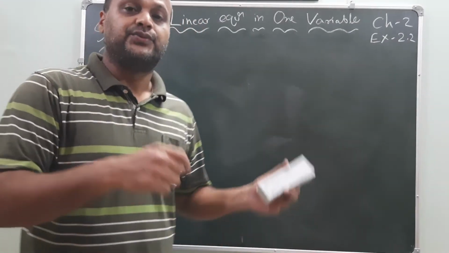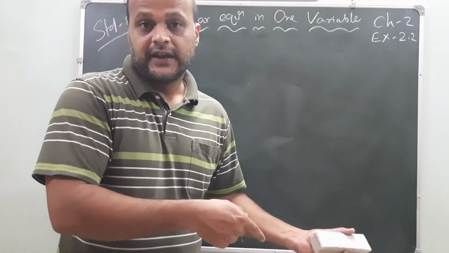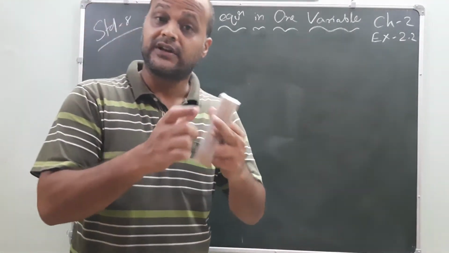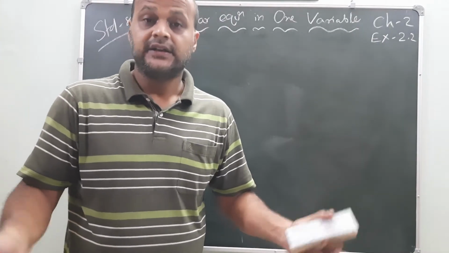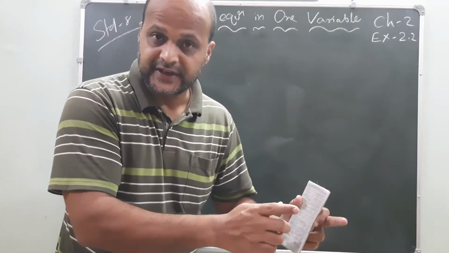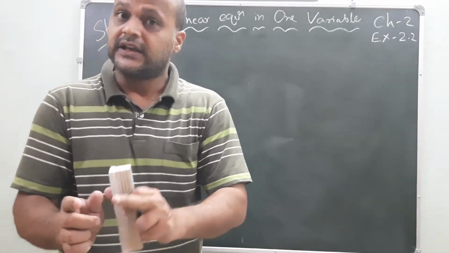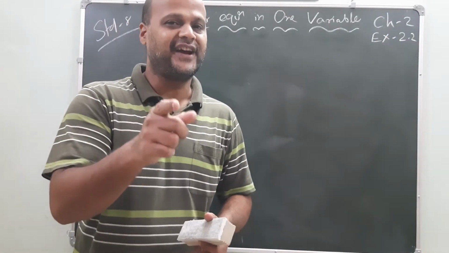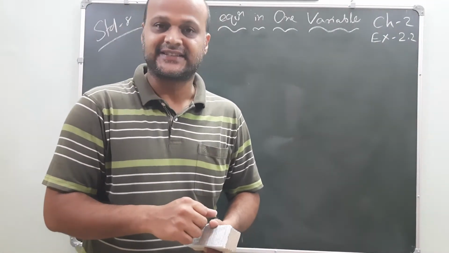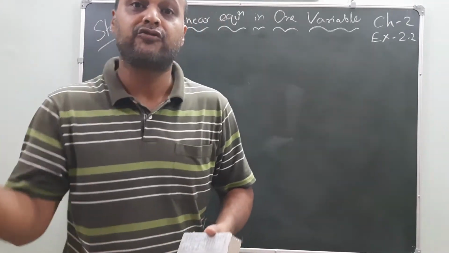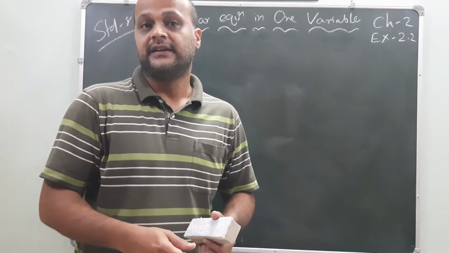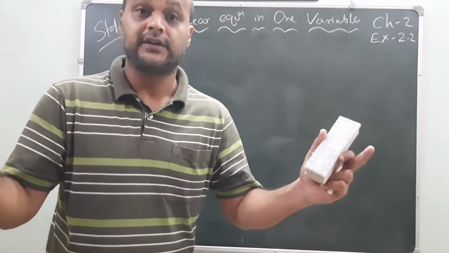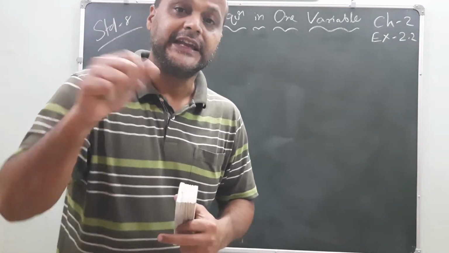In the previous class, we know that if expressions and constants are there, and with that an equal sign is there, then that is called what? Equation. If expression and constants are just added or subtracted, we call that an expression. But if an equal symbol is added to the expression, then that particular expression will be converted into an equation.